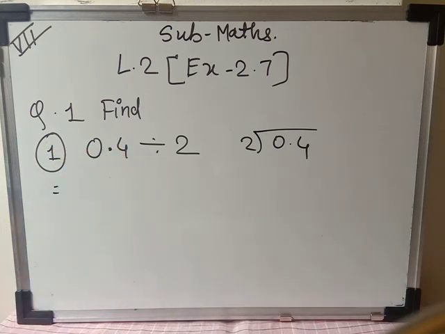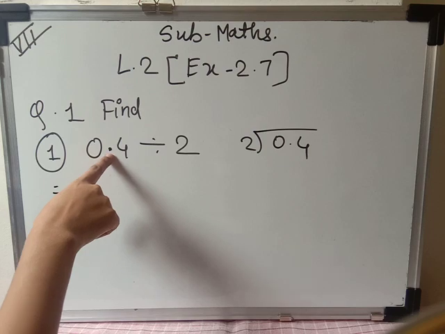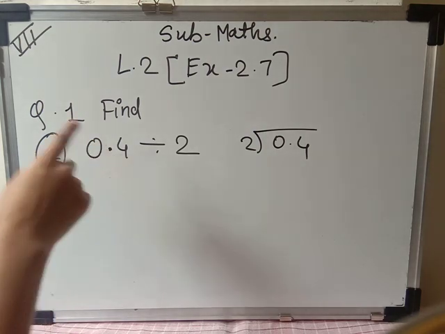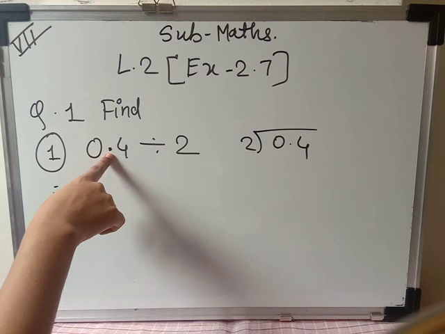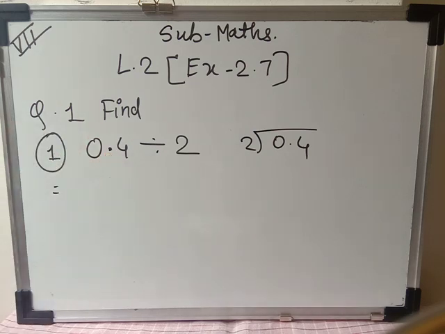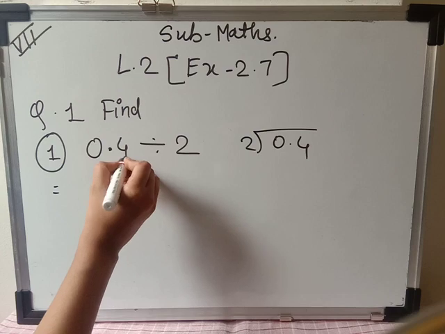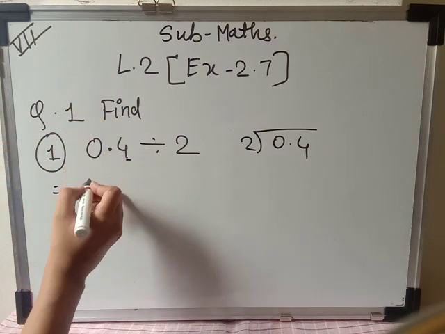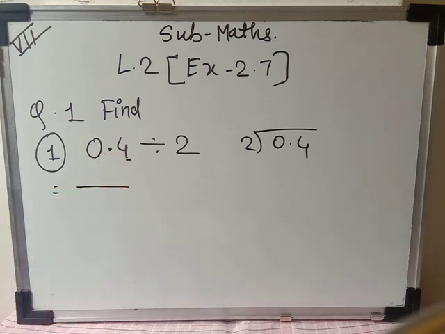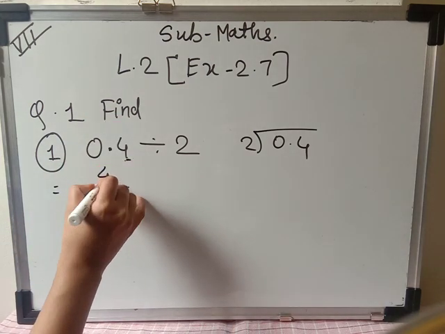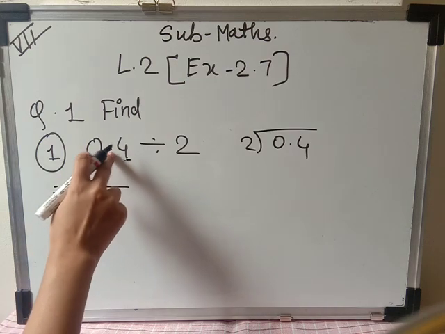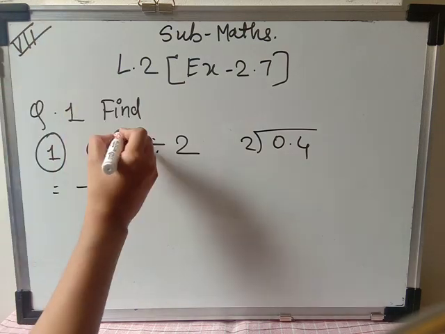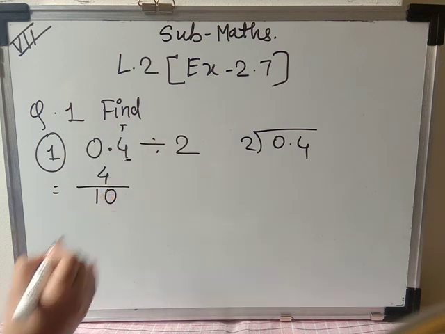Now students, when you have to remove the decimal point, whatever numbers are there before the decimal or after the decimal, you write them as they are without the decimal point. Here before the decimal nothing is there, just 0, so there is no need to write 0. After the decimal 4 is there, so I will write 4 here. Now here after the decimal how many places are there? That is only one, that is 10. So it means we have to divide by 10.